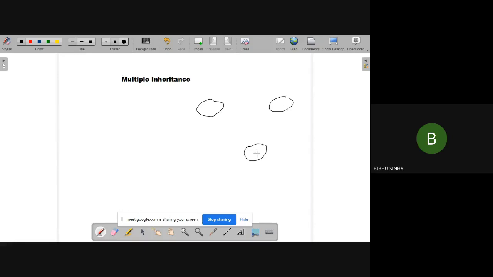Multiple means more than one. That means we are going to inherit the features of one class into another class, as well as implement the features of this class into that class.